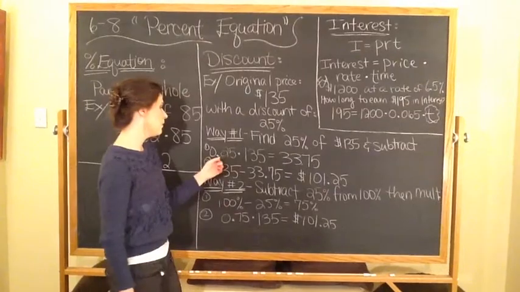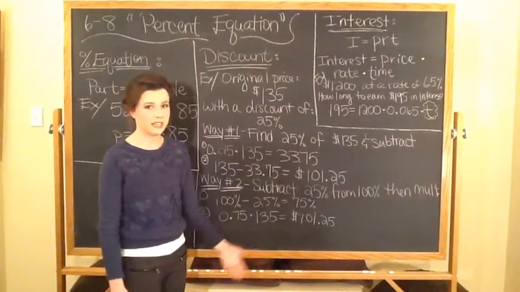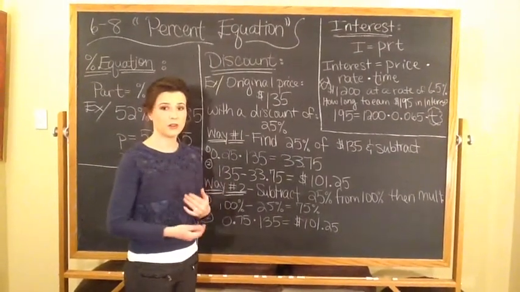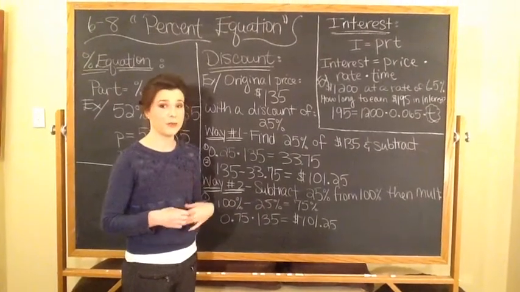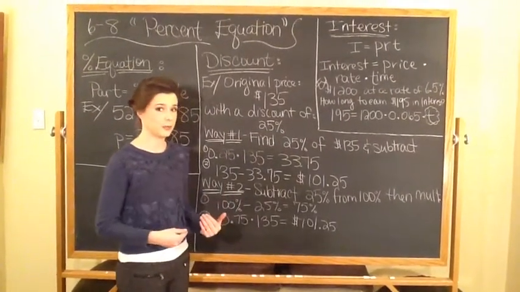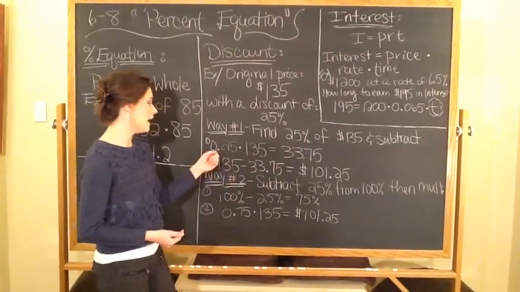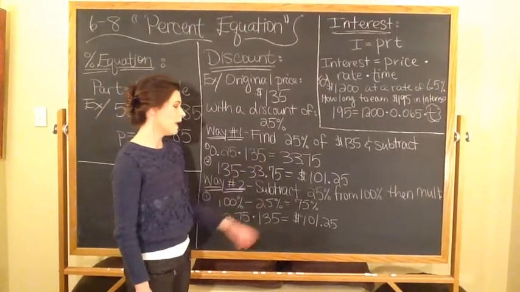The first most important thing you need to do is change your percent to a decimal, because in percent form, unless you put the percent over 100, you can't use it until you've gotten rid of the percent, whether you make it a fraction or a decimal. So move your decimal place two places to the left, and now we have 25 hundredths times 135, and we got